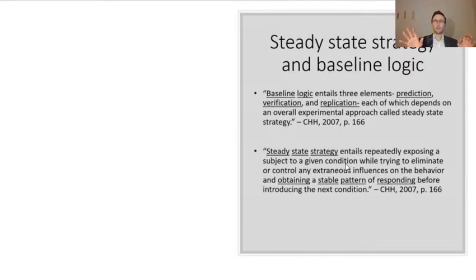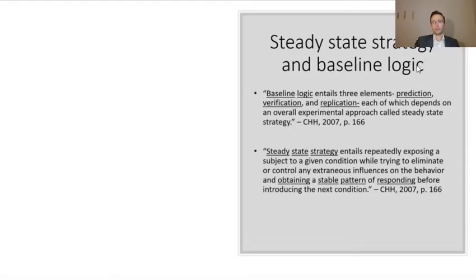Variability in the data path of a graph is the extent to which the data points diverge from a trend line. Okay, so the extent to which the data points are bouncing all over the phase or the condition. Alright, so if you have a lot of variability in the data path,